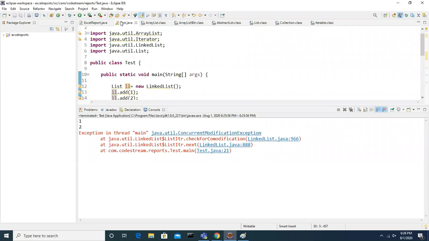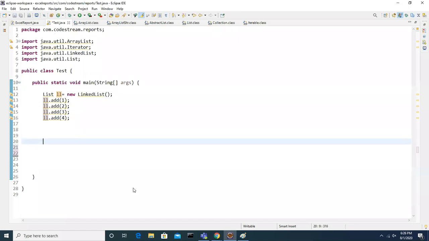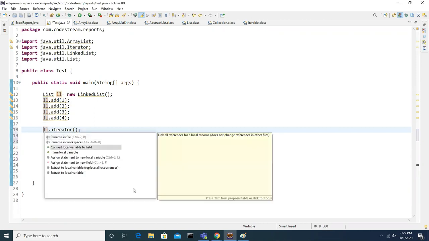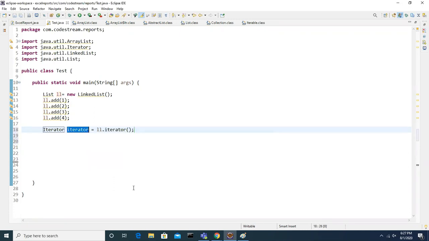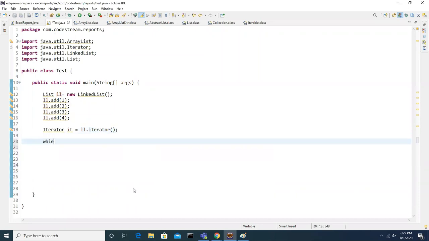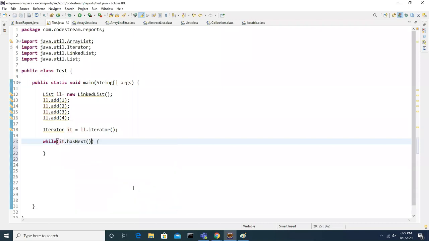To avoid this exception, they already gave the iterator concept. Here also you can use it, because Iterable is the super interface for list and collection, and the iterator is already implemented in linked list too, because it implements the interface called Iterable. Same, guys, code wise you don't see any difference. Are you seeing any difference here comparing array list and linked list code wise, to add elements, get elements, remove elements and all?